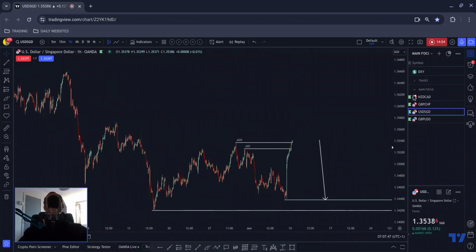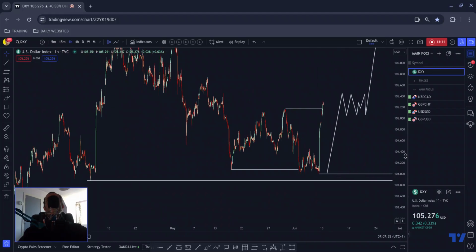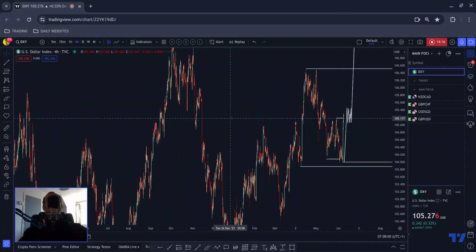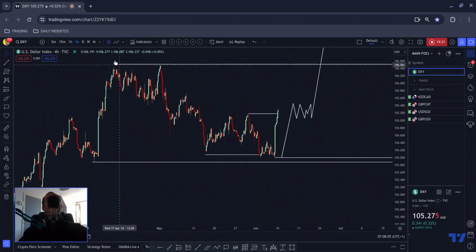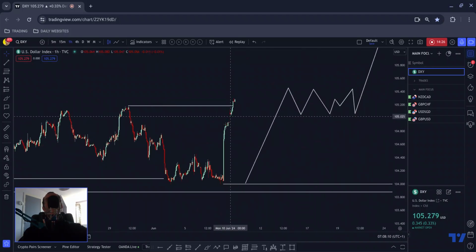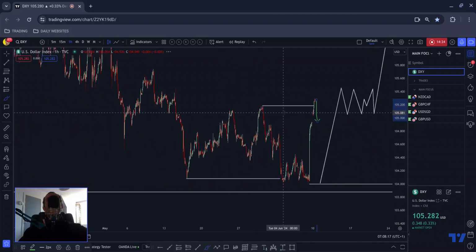And you might think, well, why would dollar Singapore do that? One of the reasons is that if we flip to the DXY, the dollar index, we have left a gap to this low here now, which may be filled. One of the reasons it might be filled is because there's a gap here. Price tends to fill gaps. So if price was to come down to fill that gap, because we also have this three-touch structure, we've expanded into that area.